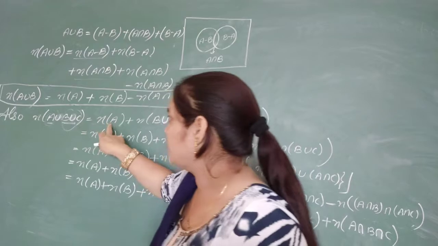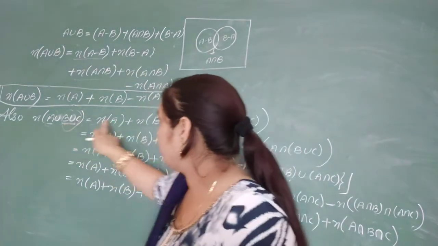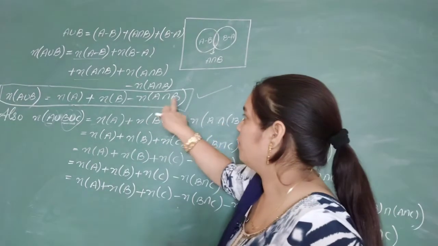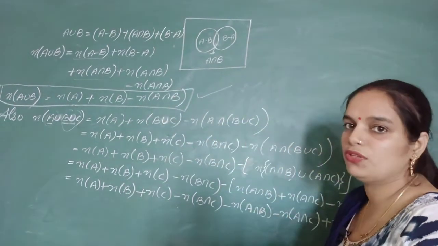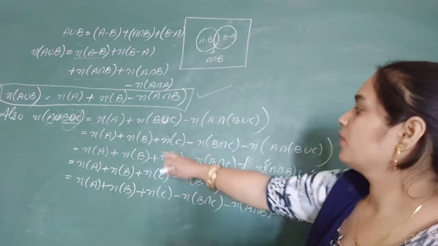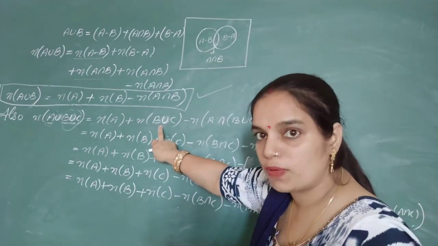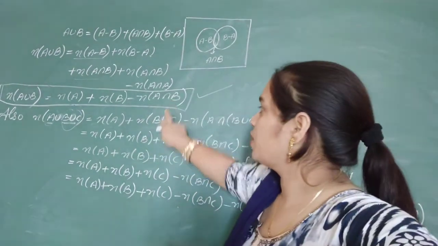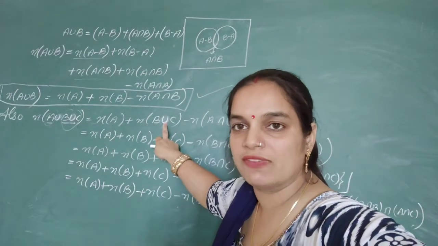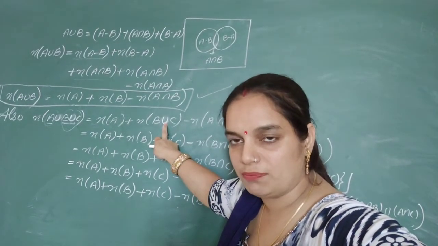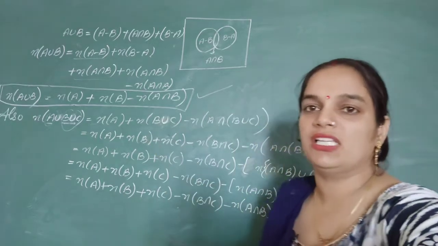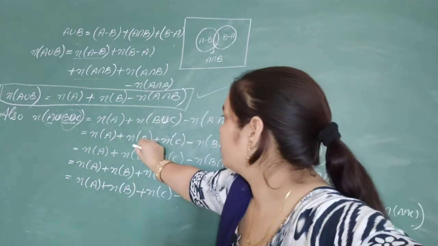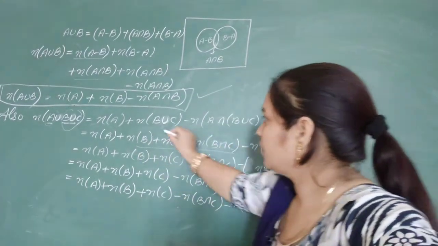According to that, there will be the number of elements in set A, the number of elements in set B union C, and minus the number of elements in the intersection of A and B union C. तो यहाँ आ जाएगा A intersection B union C. Now here we will again open the identity for the number of elements in B union C. According to the same, the number of elements in B union C will become the number of elements in set B plus the number of elements in set C minus the number of elements in B intersection C. So I will write these three steps that come from here.